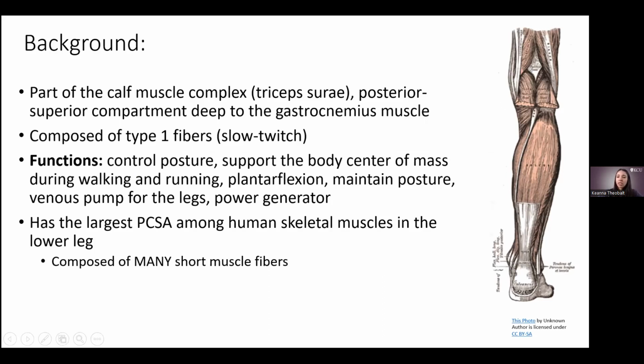So if we're looking at this picture, we see the gastrocs have been cut, and underneath that we see the soleus. It's composed of type 1 fibers, which are known as slow twitch fibers. And we typically think of a muscle to have a rapid contraction for strong, quick movements, but the slow twitch fibers of the soleus allow it to maintain contraction for a long duration of time, giving it the ability to perform many different functions, and those include to control our posture, support the body, center of mass during walking and running, plantar flexion, to maintain posture, especially on two feet,